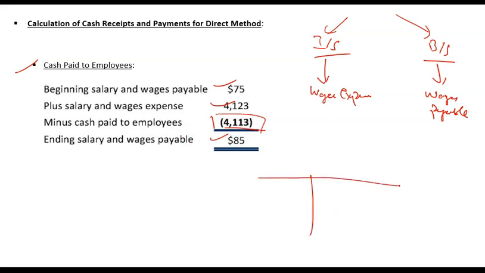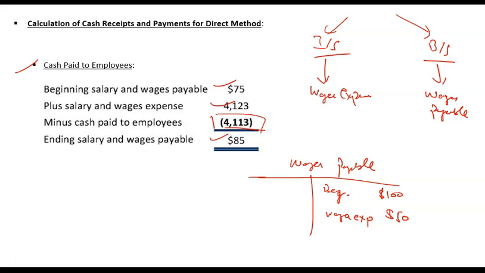Or in other words, if I look into the T account of wages payable, wages payable is a liability. So as it is a liability, it will have a credit balance. That means the opening or beginning balance would be a credit balance, let's say 100. During the year I will accrue some wages, I will have some wages expense during the year, that will go to the income statement. So the entry for that expense would be wages expense debit and wages payable credit, because when I incur an expense, that becomes my liability that I will have to pay. So wages expense debit and payable credit, let's say by $50, and then I will make some payment.